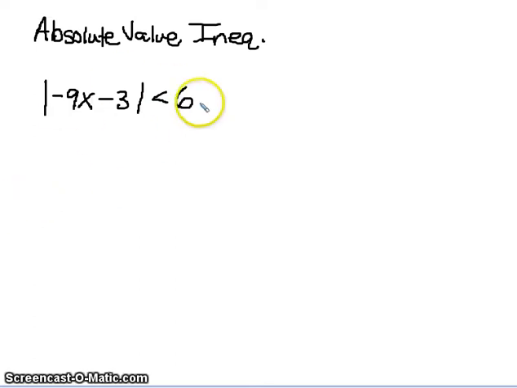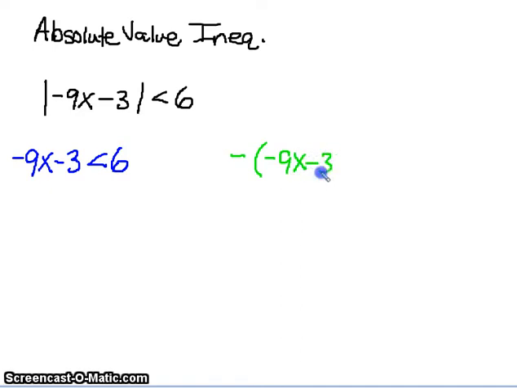Negative 9x minus 3, and then that is less than 6. If you remember absolute value, there are two ways to solve, but I'm still going with my way. Each time I will model the problems that we do the positive of what's in the absolute value. The positive is going to be negative 9x minus 3 is less than 6. And then we're going to do the opposite of what is in the absolute value. So the opposite of negative 9x minus 3 is less than